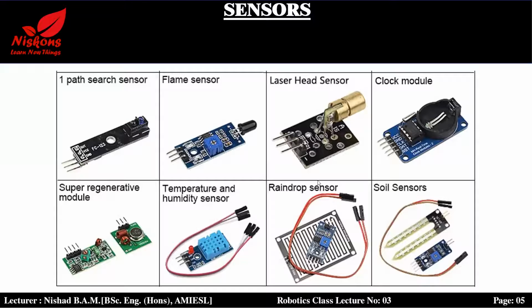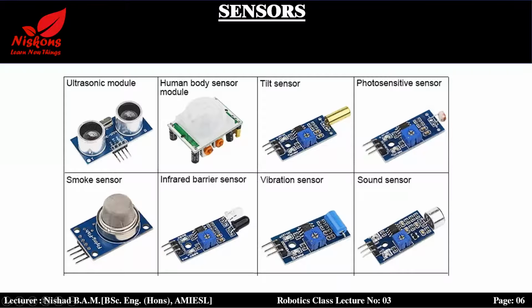So another thing, in sensors we have lots of sensors. The ultrasonic module sensor detects any object inside its path. So if we have any object, that means